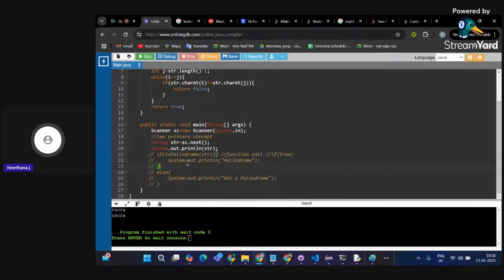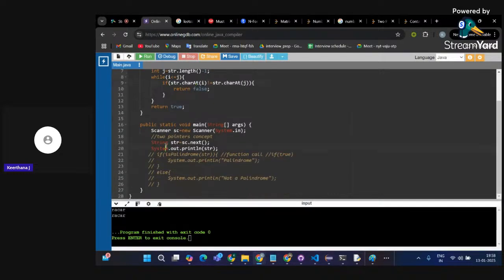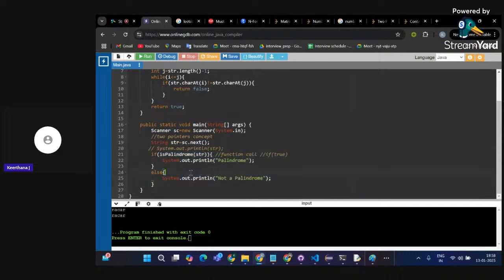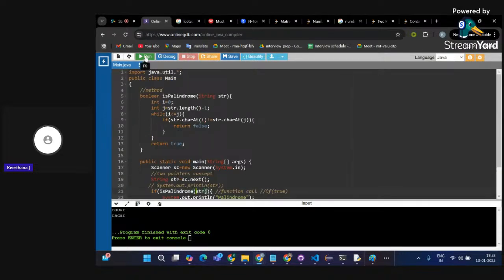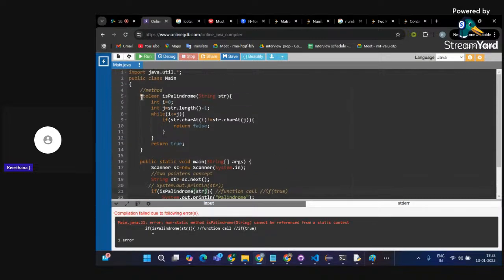If isPalindrome of str. Once again, my input is correct. isPalindrome of str. Okay, static.